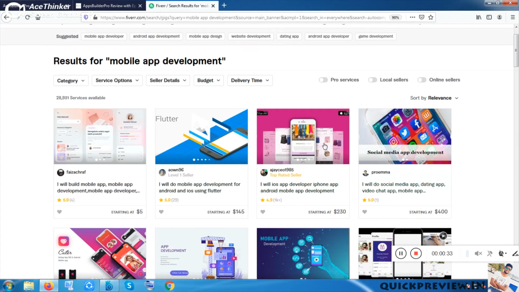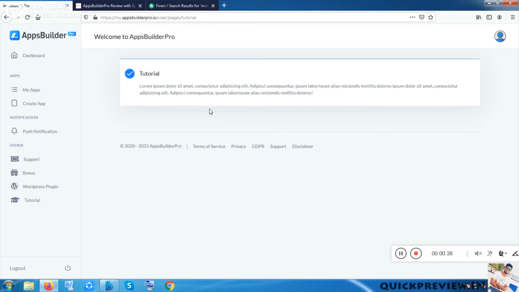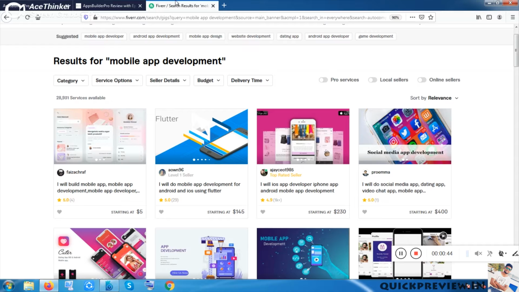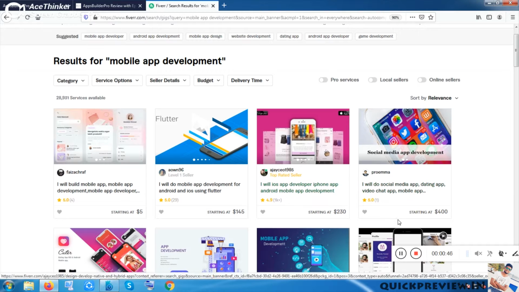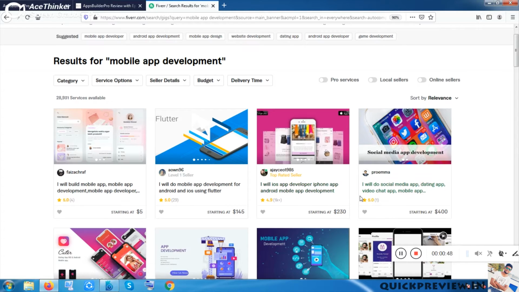This tool is only $47 once you have purchased it, and you can use it easily to make your app. You don't have to waste time hiring and paying them.